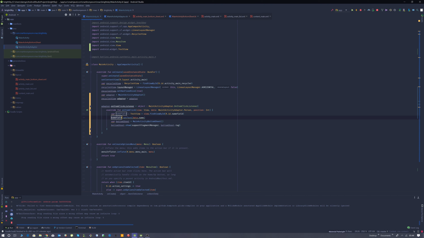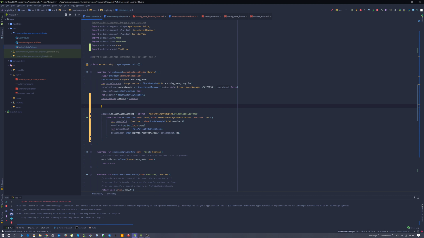Maybe this should be firstNameField, but you also need to have your data, so you need to do var personListData, and this is going to be a mutable list of Person, and equals